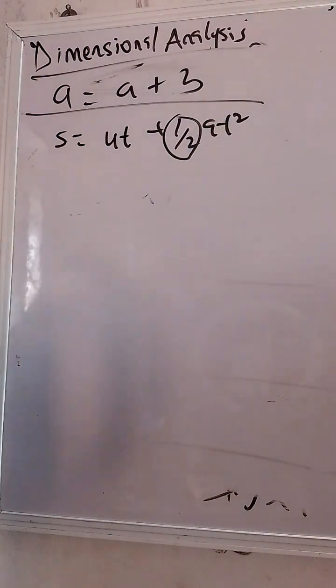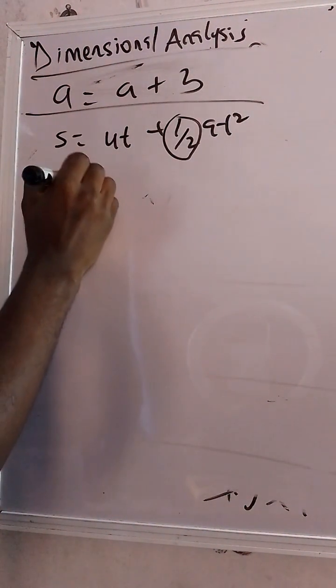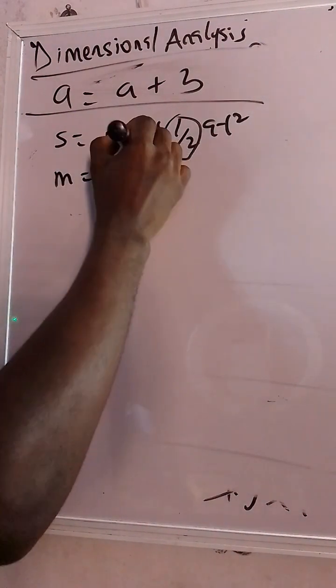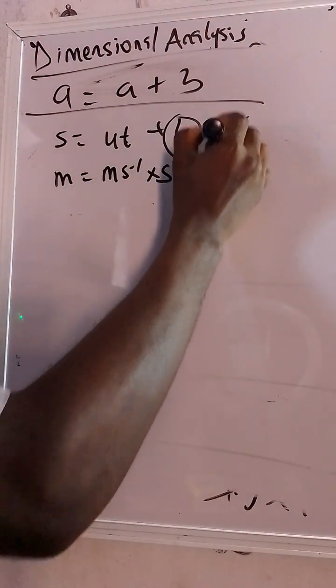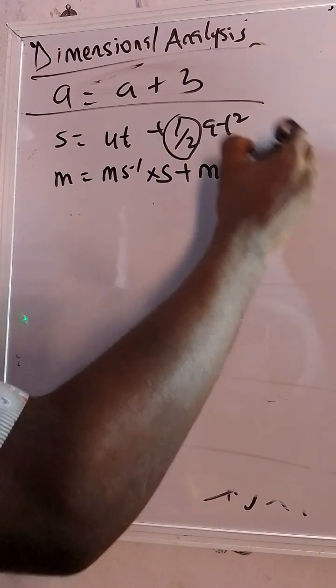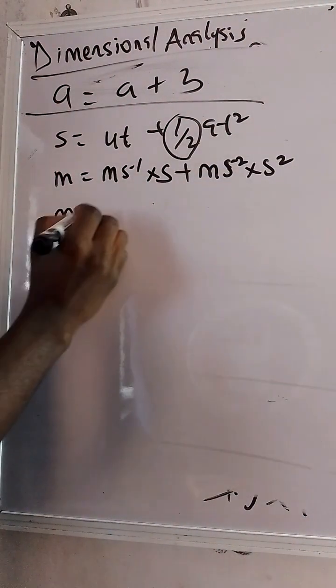Now everybody, what is the unit for distance? Distance is meter. What is initial velocity? Meter per second times what is time? Seconds. Plus what's acceleration, everybody? Meter per second squared, right? Times what's time? That's second squared. That's going to be meter is equal to